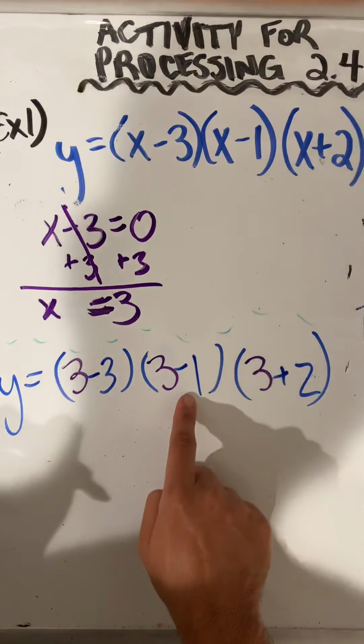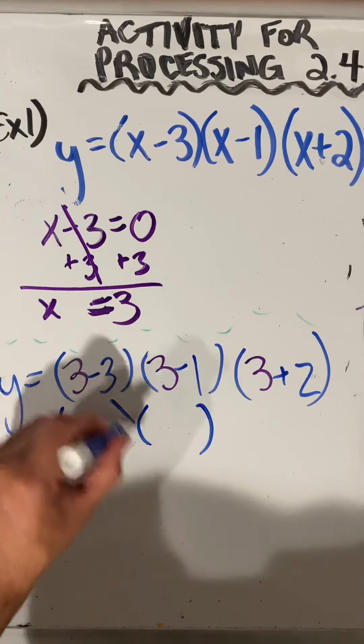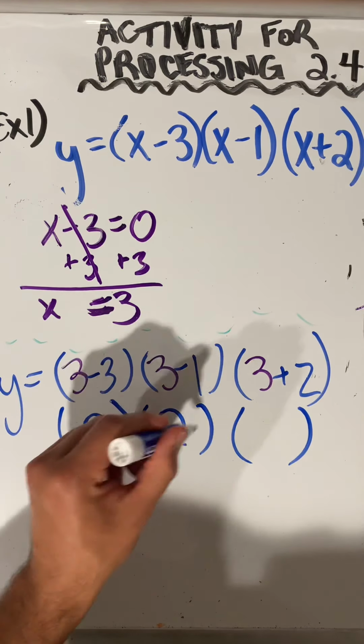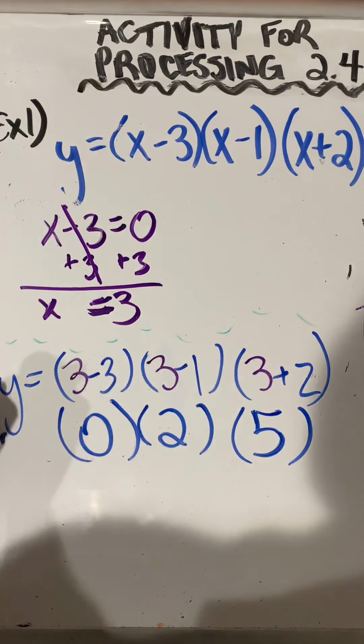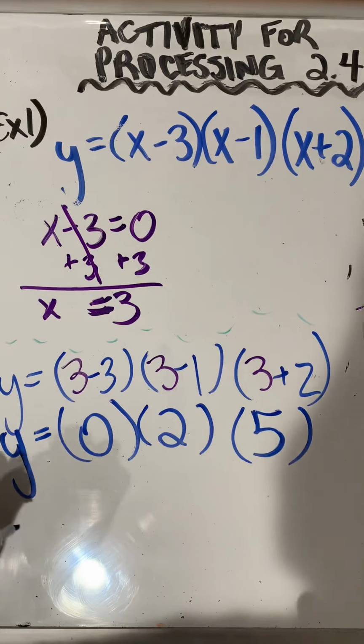Okay, so here we go. 3 minus 3 is 0. 3 minus 1 is 2. 3 plus 2 is 5. So if we multiply 0 times 2 times 5,